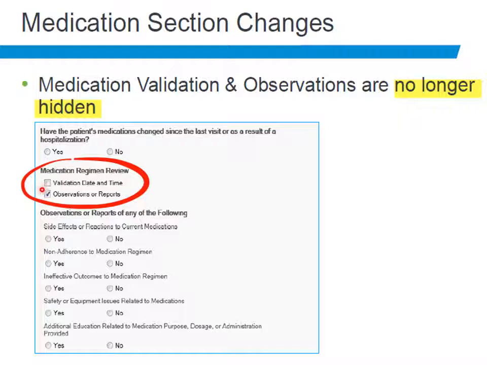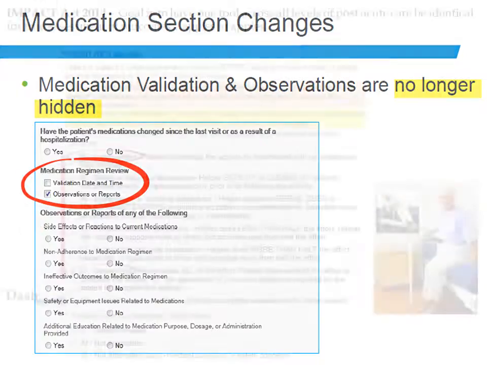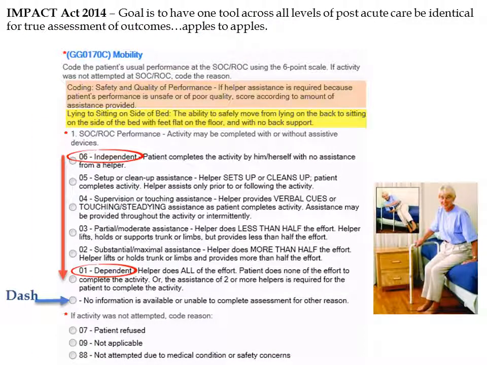It's underneath the question in the medication section. So you would just mark your validation date and time box, and then your validation will populate. You also have the option of adding in observations or reports. Here is our newest